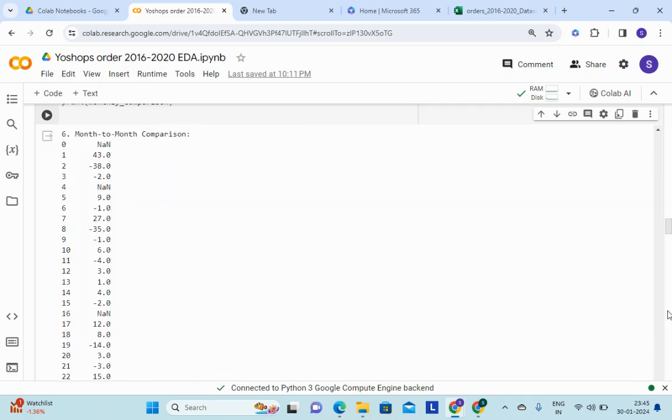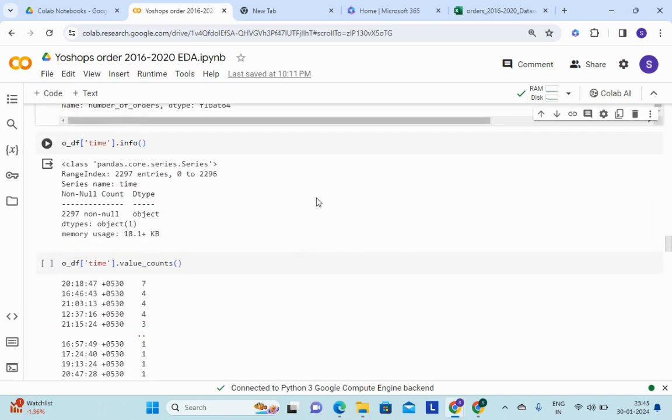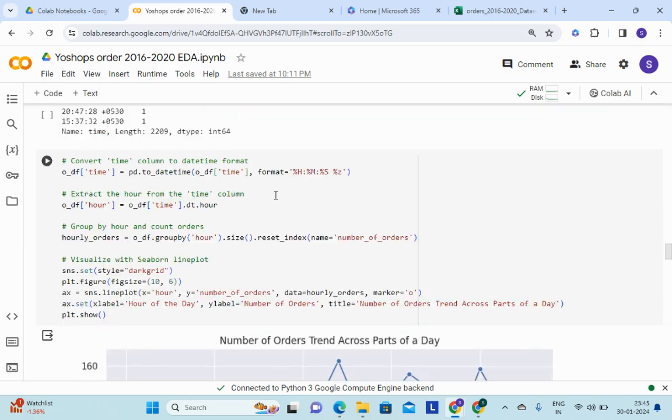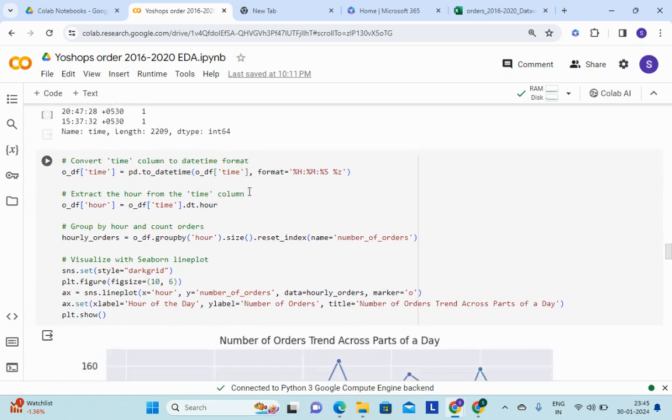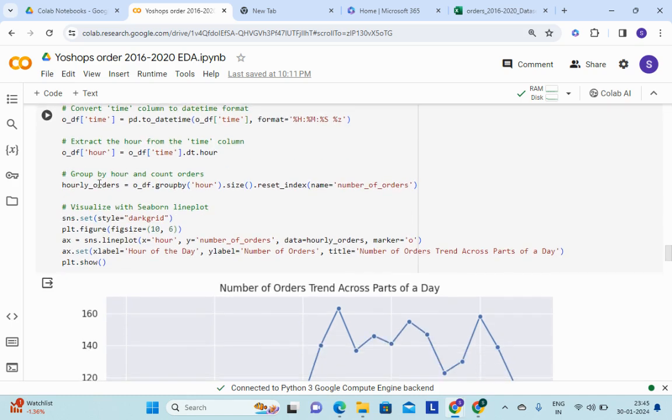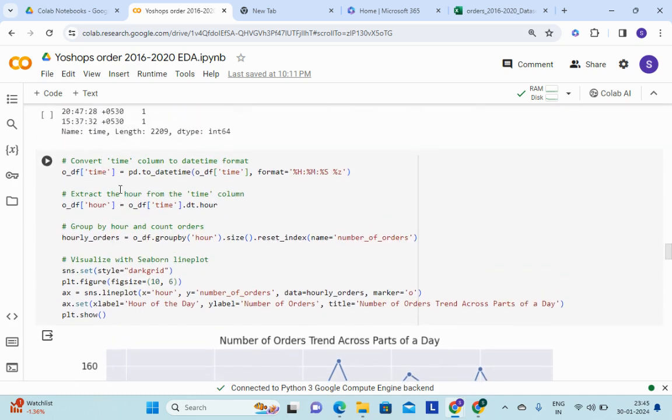And then next, I have visualized the order numbers in different parts of the day, like in the morning and in the afternoon, to see what the trend is. This time I have used a line plot to check whether the number of orders is increasing on an hourly basis as the day proceeds, or getting decreased. To do that, the same thing you have to do: you have to extract